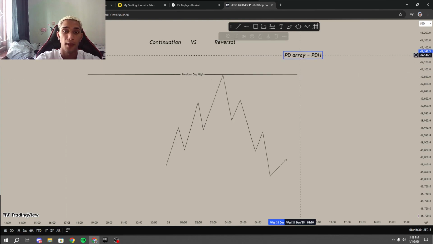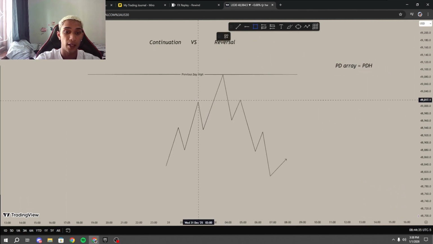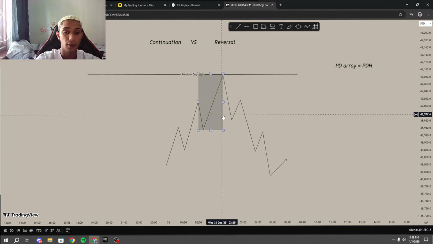Okay, this is our PD array. This here is our manipulation leg, right? So if this is our manipulation leg,